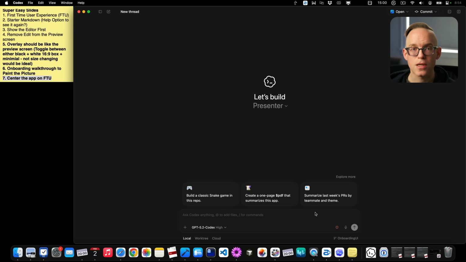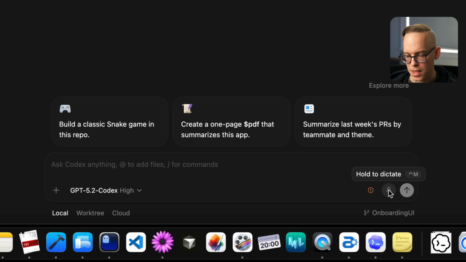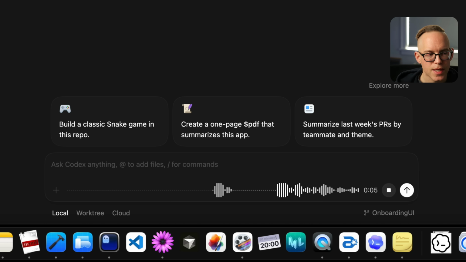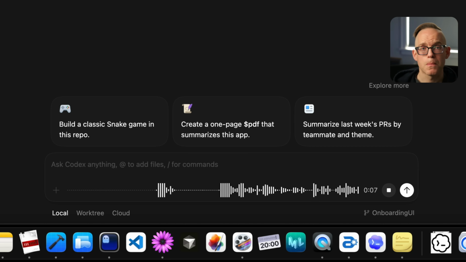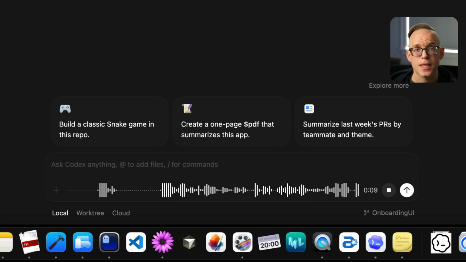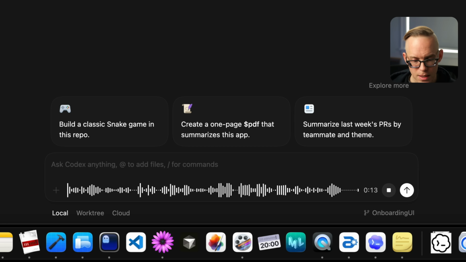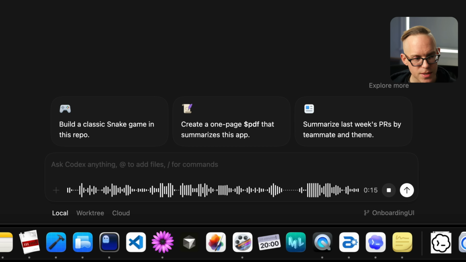So let's go ahead and use the new dictate function right here. And I can either click this button or hold the Control M to dictate. Can you make it so that on the first time user experience, when the app first opens after the onboarding screens, we center it in the center of the primary display that it's going to display on? It feels a little bit weird being offset,